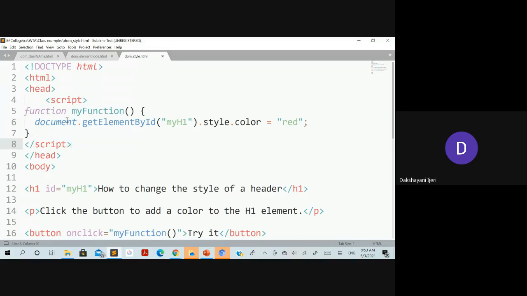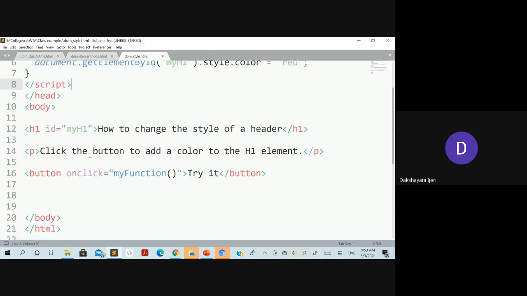This is the only JavaScript part that I have included. What does this script tell? Whenever you execute the JavaScript, it is going to point to the element with the value myH1, and once it is able to access that element, it is going to apply the style with the color red.